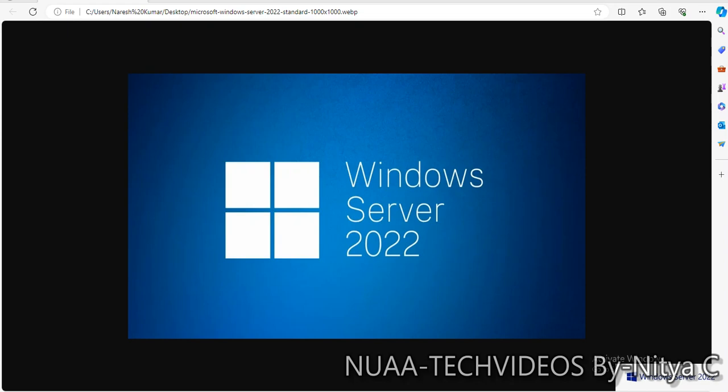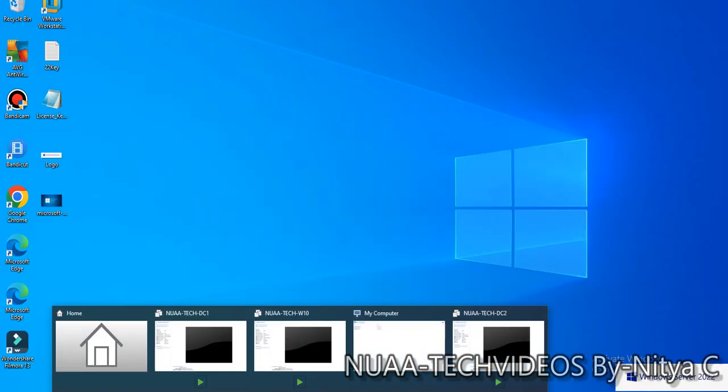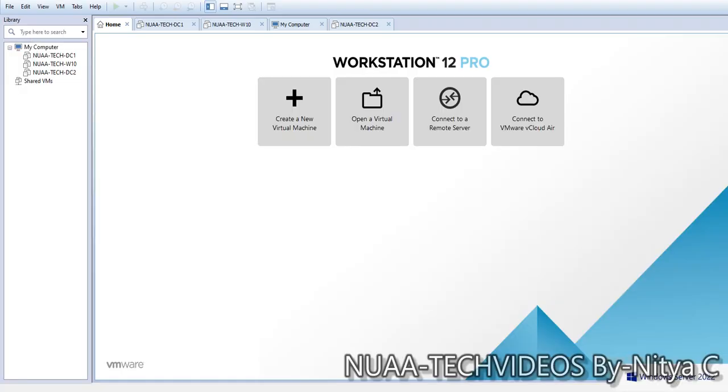I have installed VMware, and here we will install the first server, and there we will install the Active Directory. So let's begin. So before we begin,